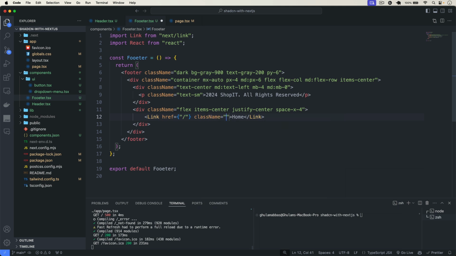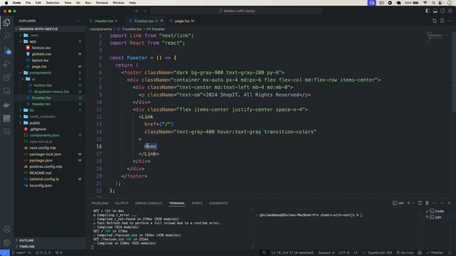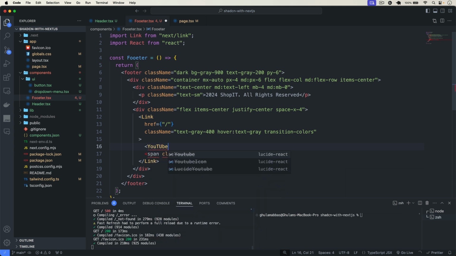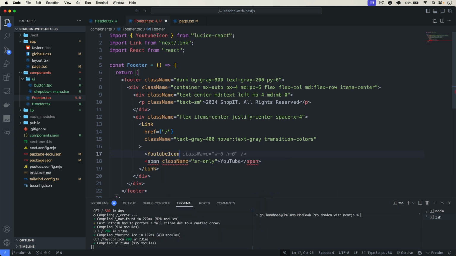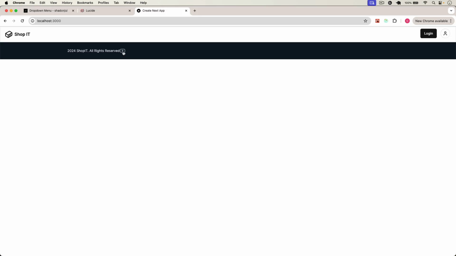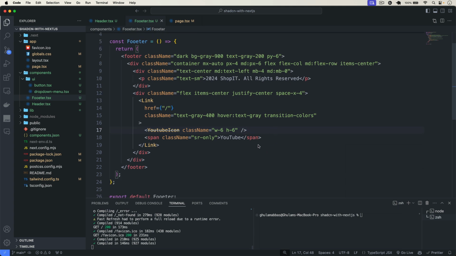Okay, and then I can give here some classes. So class name, for example, text dash gray dash 400, and then hover text dash gray, then transition color. So I can use here span, and in that I can put in here the name like YouTube, and for the icon I will use in here YouTube icon. Okay, so class name is going to be height and width of 6. If I go back, we have this YouTube icon in here,